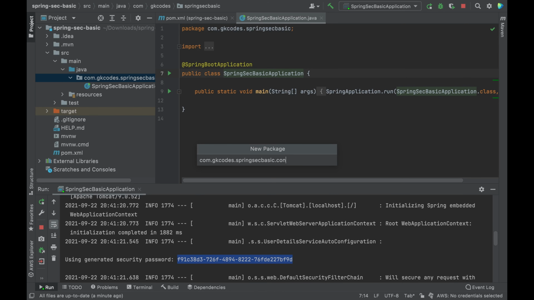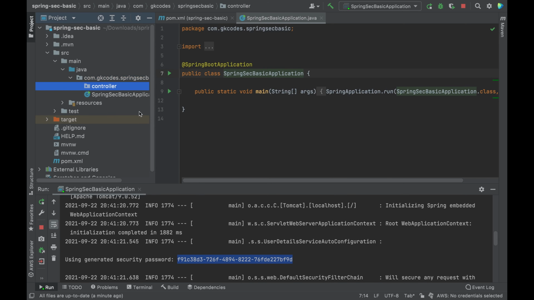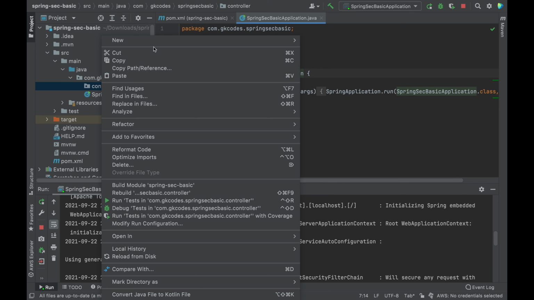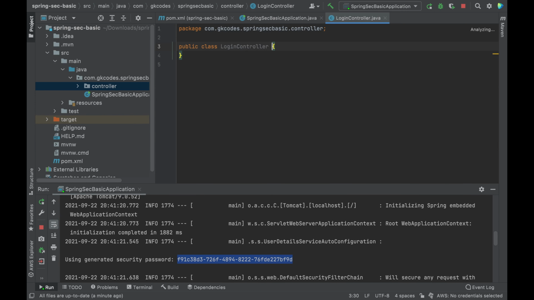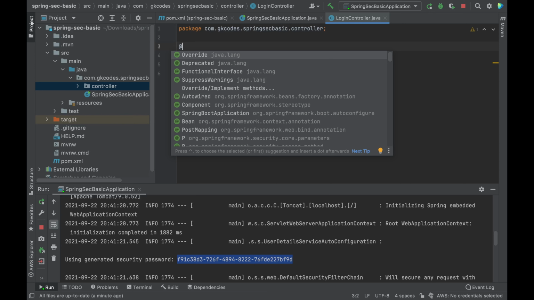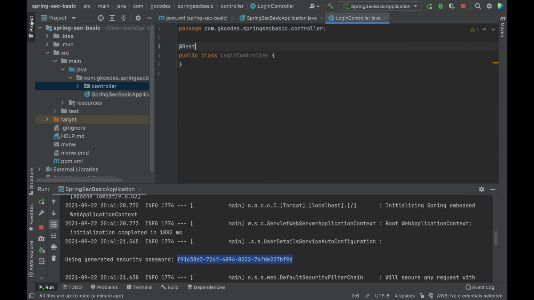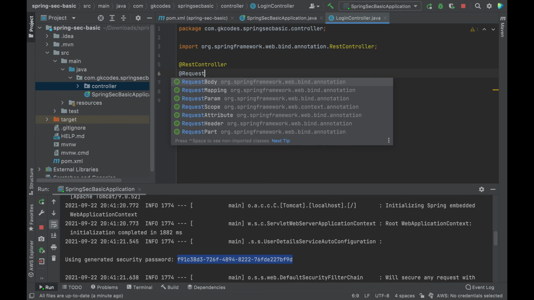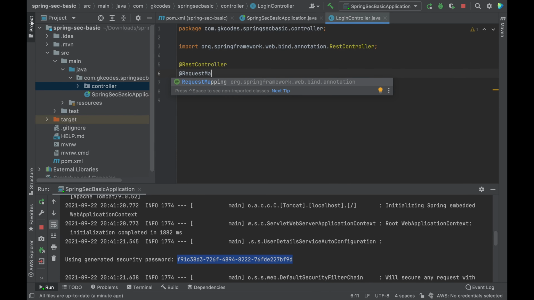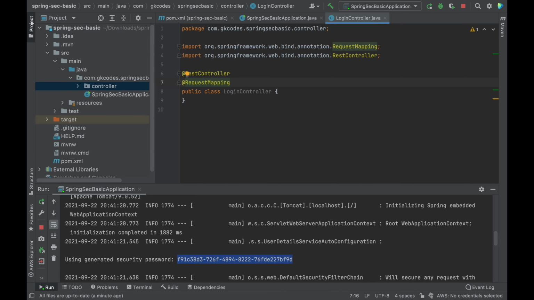So inside that package, I am creating a controller. I call that controller class LoginController. Annotate this one with RestController and RequestMapping with slash.